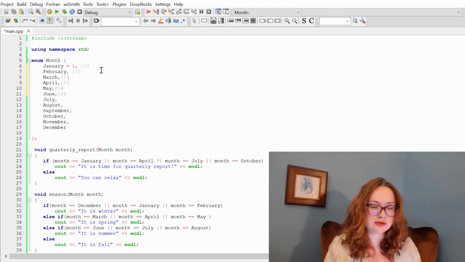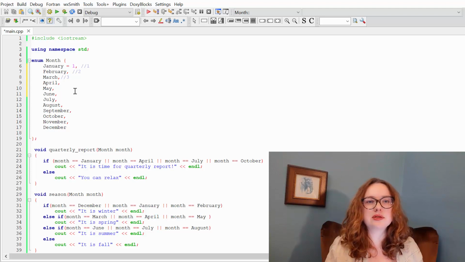And when I declare the enum in this way, now our sequence is different. Now January is equal to 1, February is equal to 2, March is equal to 3, April is 4, May is 5, and June is 6, and so on. And of course you can change the value of other months as well. For example, if here I assign April to 10, January, February, March will stay 1, 2, 3, but now April will be equal to the integer 10, and May will be 11, June will be 12, and so on. But let's actually stay with this enumeration we created. Since January is the first month of the year, February is 2nd, March is 3rd, let's just stay with this enum where January is equal to 1, and so on.